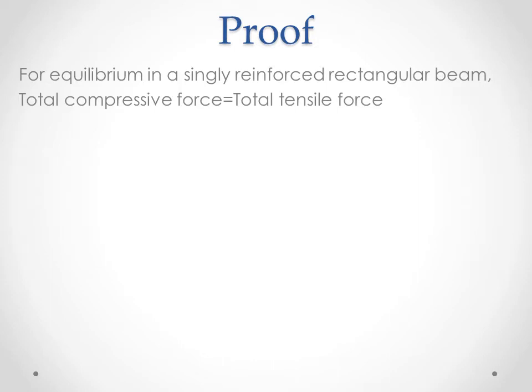Now, the compressive force value CU is actually just a load factor. We have to change it into a point load, right? So we multiply: CU is equal to TU, which is 0.36 FCK B into XU. This is the compressive stress into the width times the neutral axis depth, equal to 0.87 Fy AST, which is the total tensile force, and we get the formula XU equal to 0.87 Fy AST by